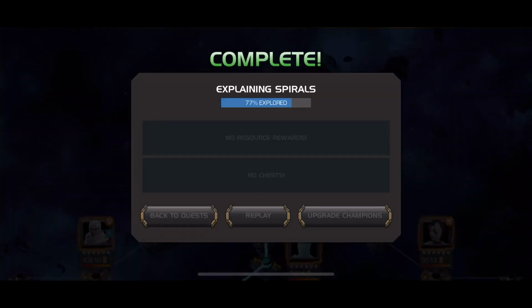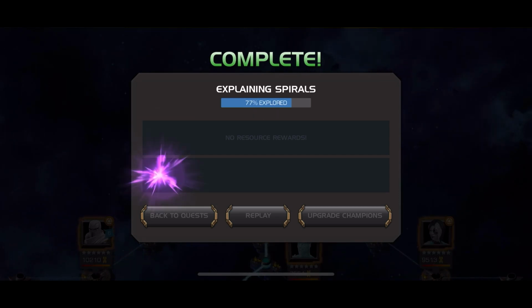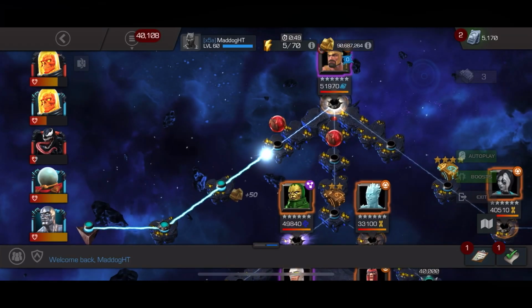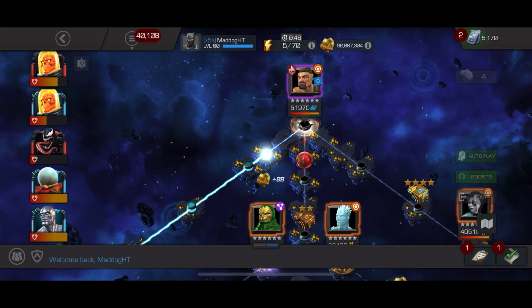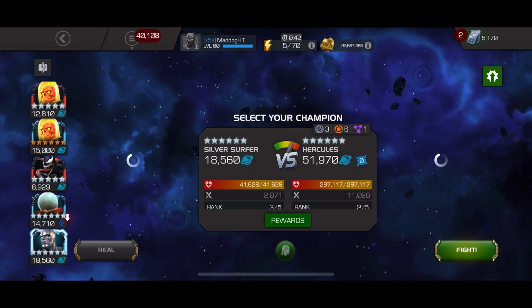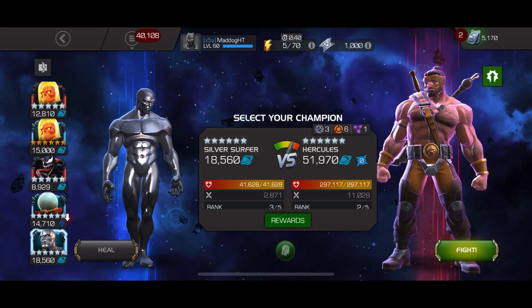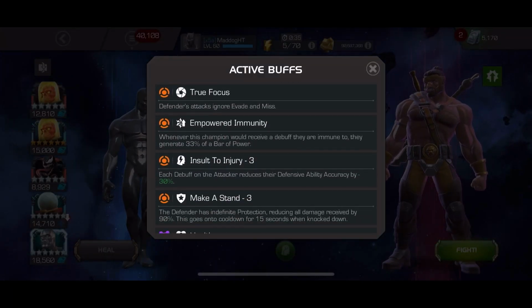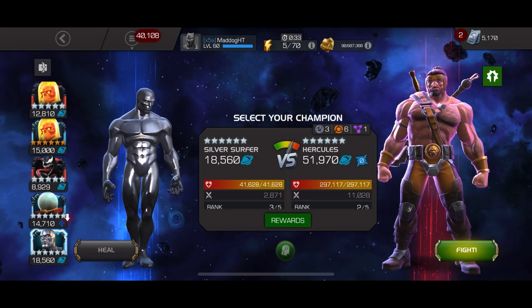243 hits. So yeah, not the best option, but has some leeway for mistakes, and he works. Alright, so on this one, I think I go in with Surfer or maybe Cosmic Ghost Rider. I can't remember. I think this one was Surfer. And the one thing that I overlooked